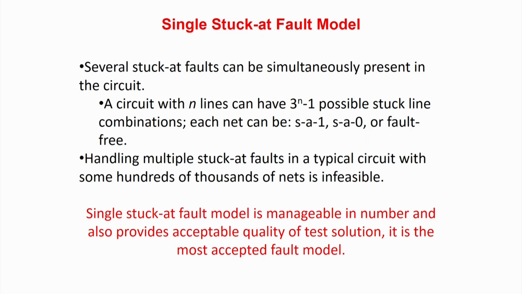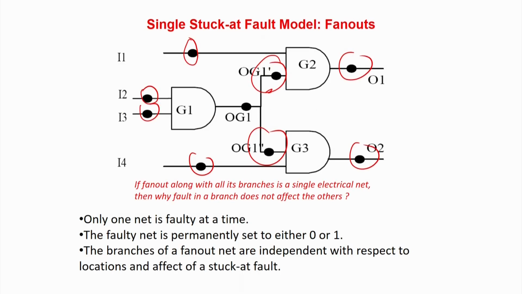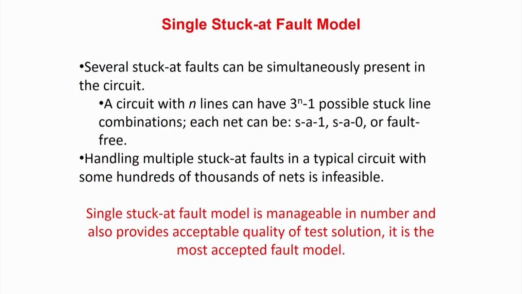Now there are very interesting cases. How many lines will we take at a time? People always call it a single stuck-at fault model. That means I will assume that only this line can have a stuck-at-0 or stuck-at-1 fault, and I will find test patterns to verify it. But I will not assume that these two lines can be stuck at 1 or stuck at 0 at a time. I can do that, but in this case, what is the number of possibilities? If there are n lines, then there can be 3 to the power n minus 1 possible stuck-at line combinations. That is, any 2 lines, any 3 lines, any 4 lines, any 5 lines can have a stuck-at-0 and stuck-at-1.